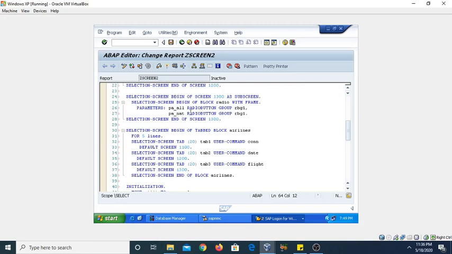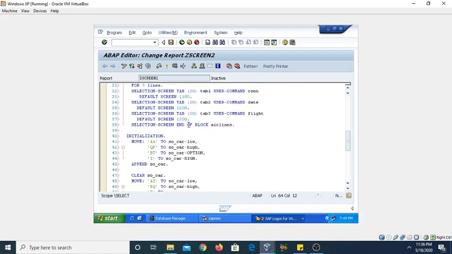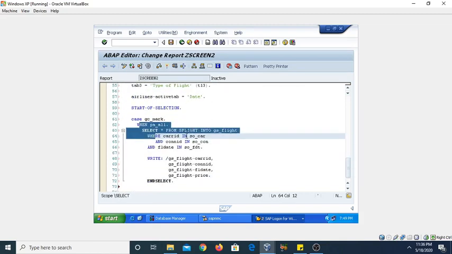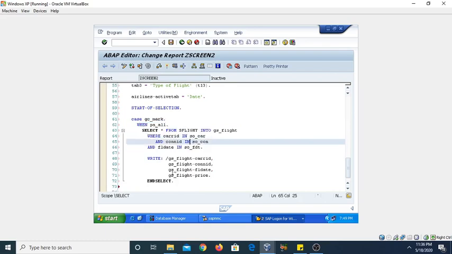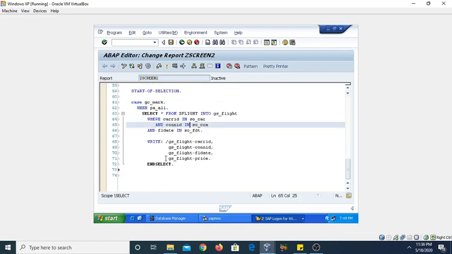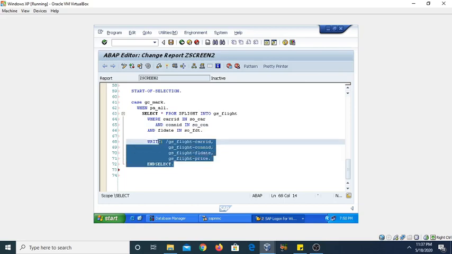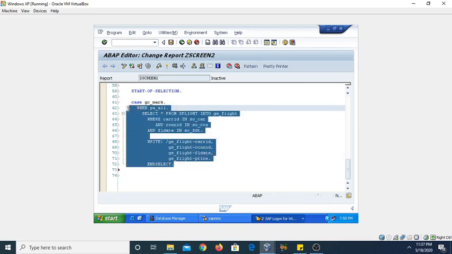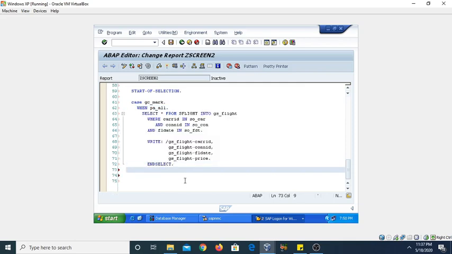So we have given two radio buttons, and when the user presses PA underscore all, it will execute this SQL query. Similarly, you can define it for PA underscore NAT. So I'm just copying the statements directly to this one.